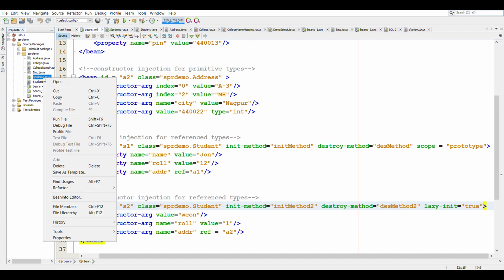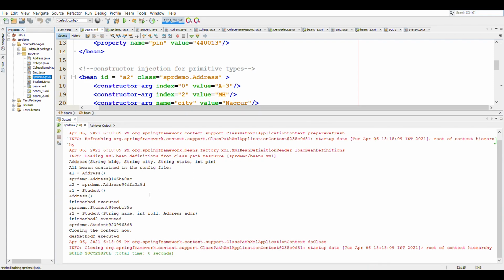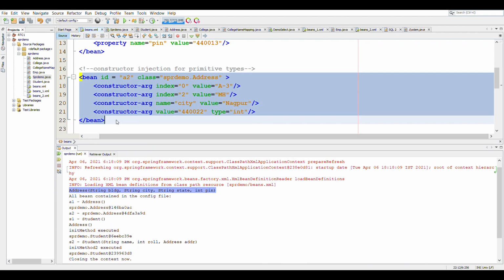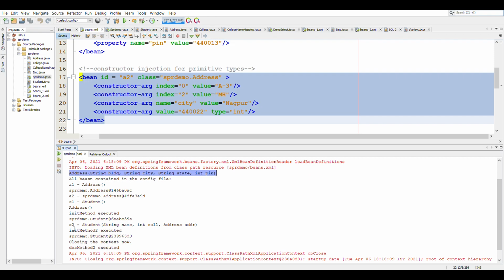So when we run this code, in the output we can see that address A2, which is using constructor injection, has been created instantly, but the student bean, which was earlier being created here itself as soon as the address bean was created, is now being created here.